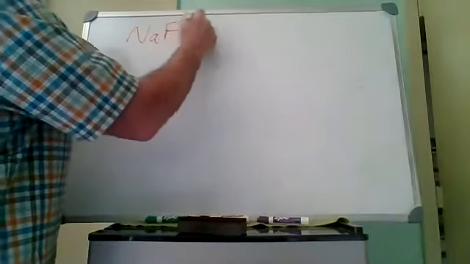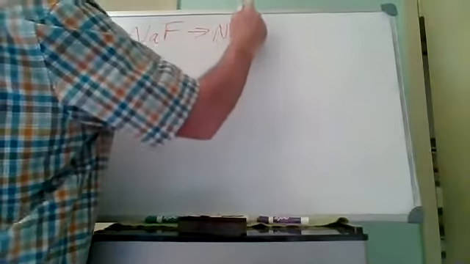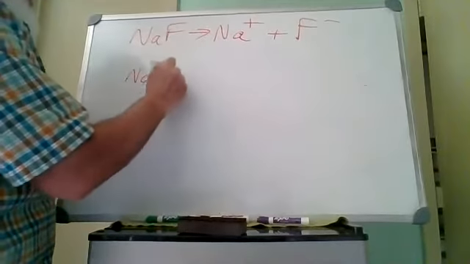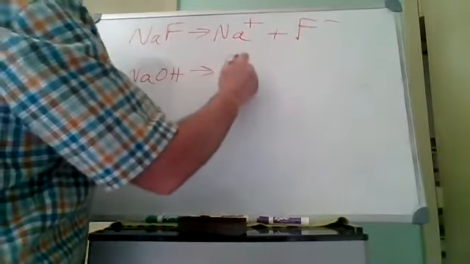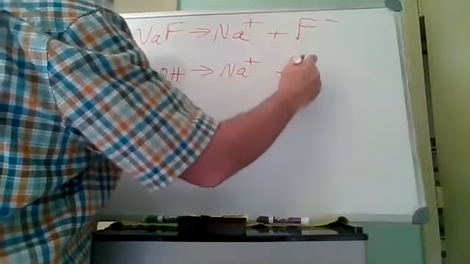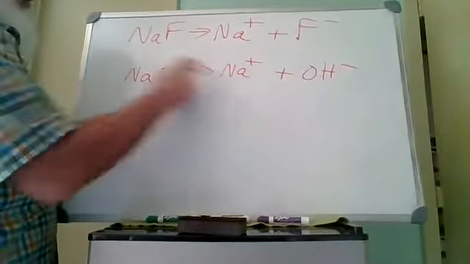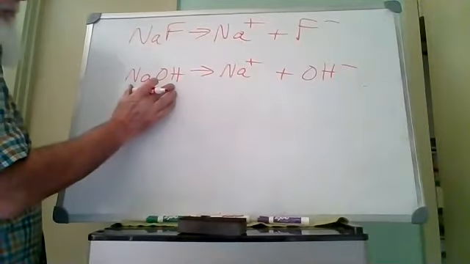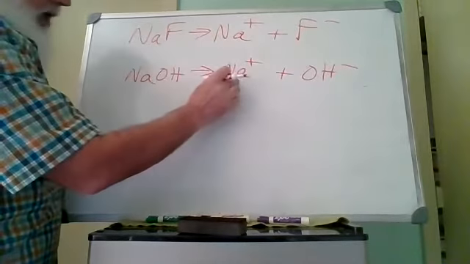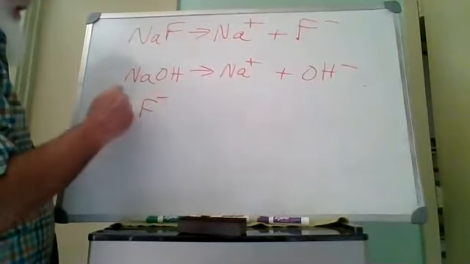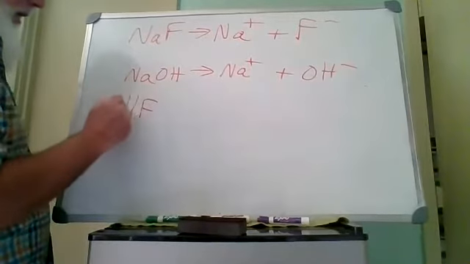So sodium fluoride. All right, we put that in the solution. We get sodium cation and fluoride anion. Well, we already know that the sodium does not react, because this is the conjugate acid of a strong base. So this does not react with water. How about the fluoride anion? That came about from